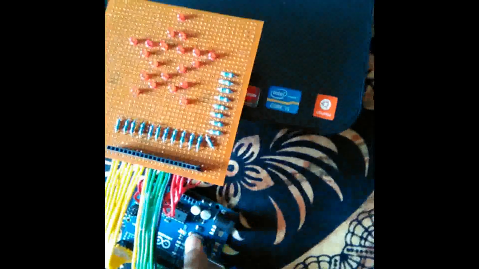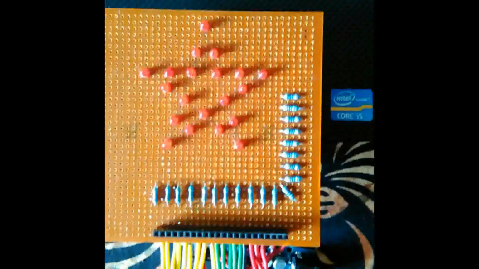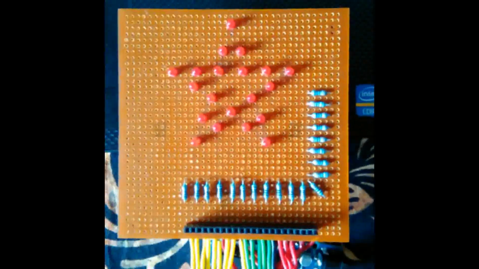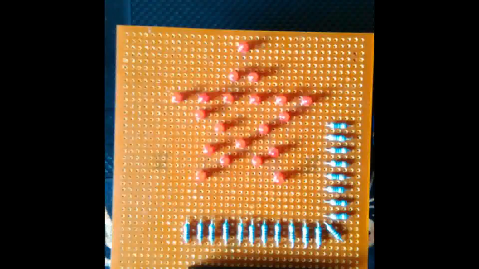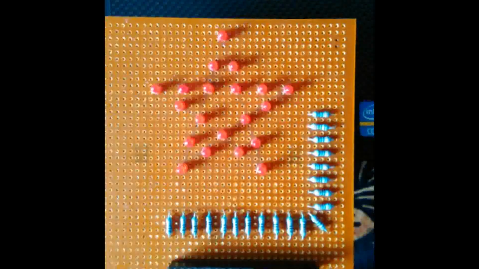I am going to demonstrate one project, all using this Arduino Uno board. Basically this project is all about pattern generation using n number of LEDs with the help of this board. As you can see, I have constructed the star pattern using LEDs and I am generating this pattern with the help of this board. In other words, this Arduino Uno board is controlling this whole circuit.